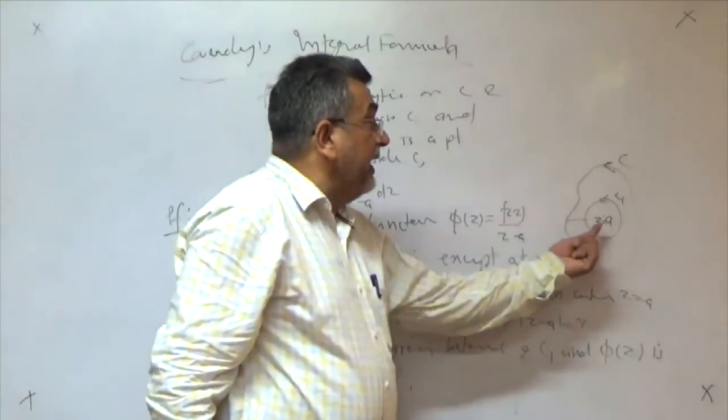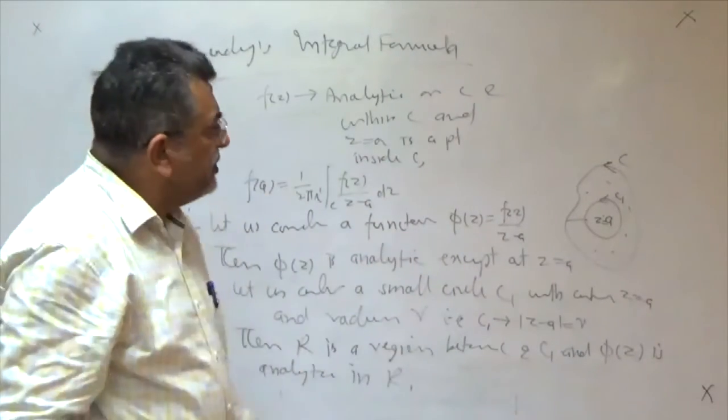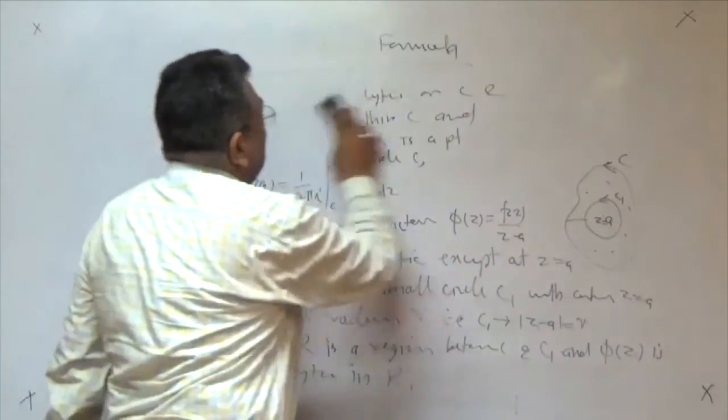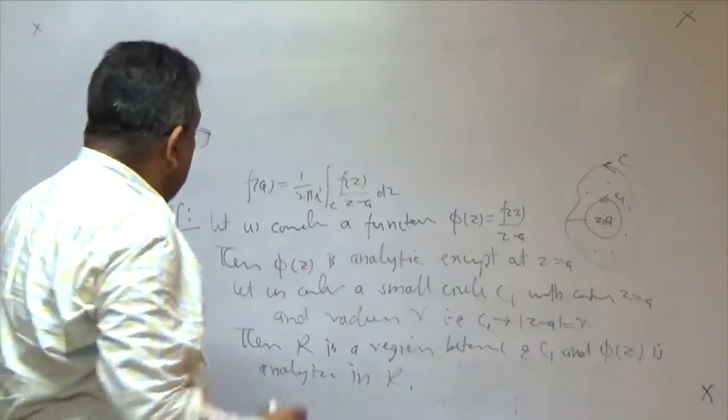Because the only point where it is not analytic, z equal to a, is excluded. Now this is an almost ring-shaped region bounded by the two curves C and circle C1, in which the function is analytic, and so